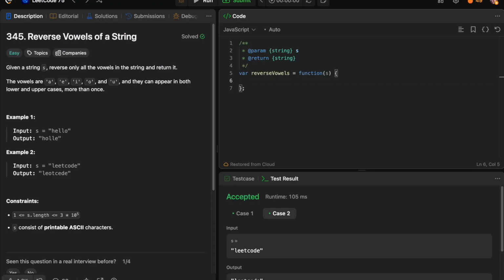Okay, so we kind of have a rough idea of what we need to do. Let's try and do this. Now, since strings are immutable in most languages, we need to convert the string into some sort of a different data structure. So the easiest one that I can think of is probably going to be an array. So what we'll do is we'll just convert our string to an array. Let's just call it sr,